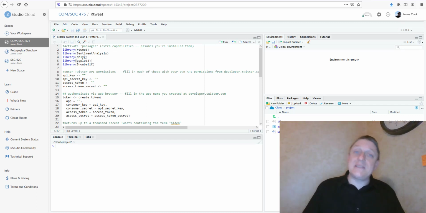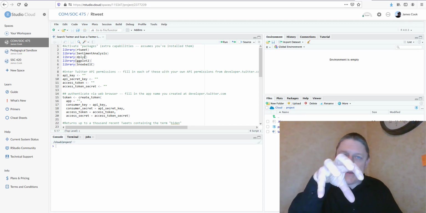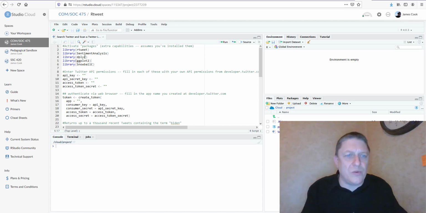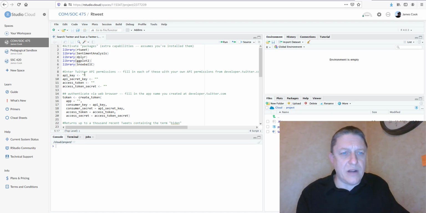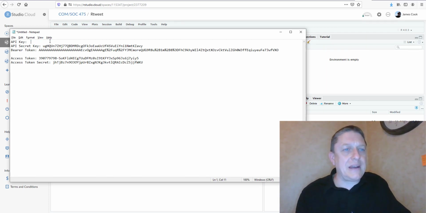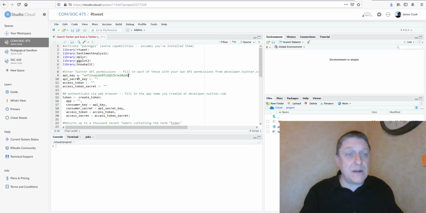Okay, so the second piece is that you need to connect your work to Twitter. So you're going to go from this program over into Twitter and look into their data, and they're going to say, who are you? What's your password? So for that, you have your API key, which you got at developer.twitter.com. What is the API key? Well, I just recorded it here. Here's my API key. I'm literally going to copy it and paste it here, in a series of commands in which I'm creating